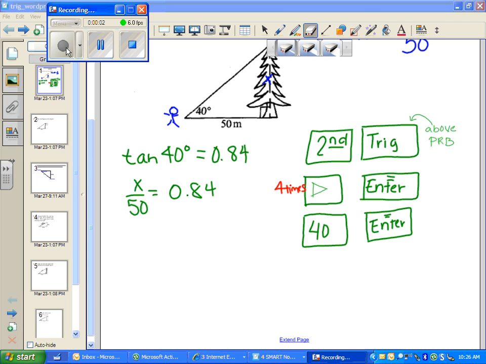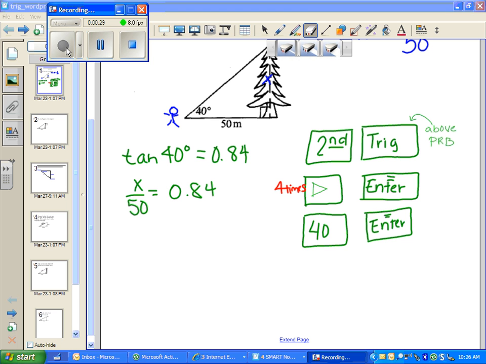Put in tan of 40 degrees and you hit equals, the calculator is going to tell you this decimal 0.83, on and on and on. And when we round that to the hundredths, it's 0.84. So tan of 40 degrees rounded is 0.84. Okay? That means the opposite side over the adjacent side of any triangle with a tan of 40 degrees is going to give you 0.84 as your